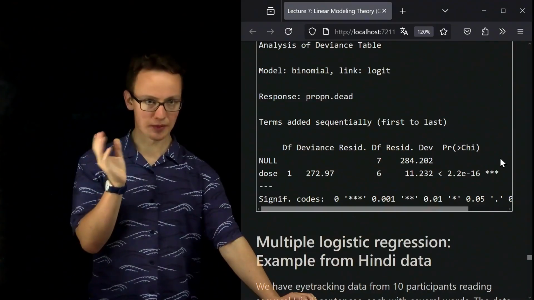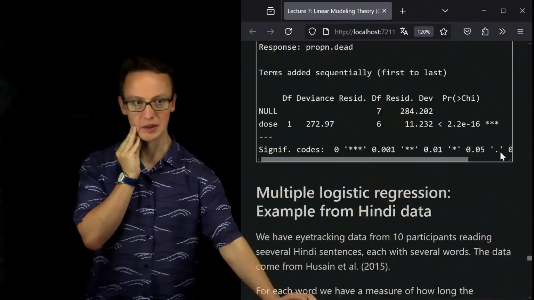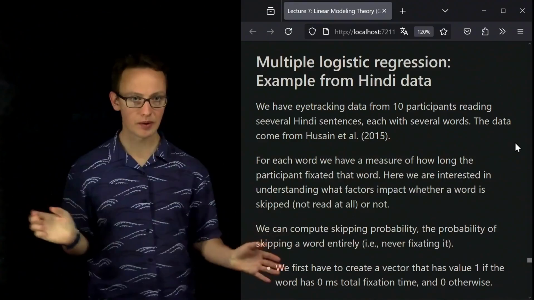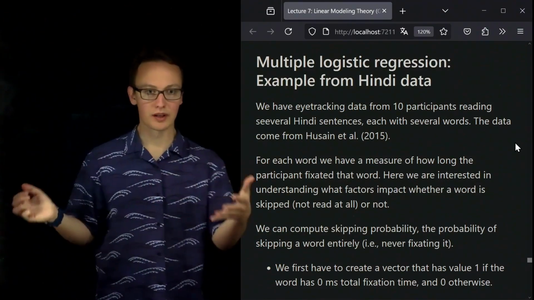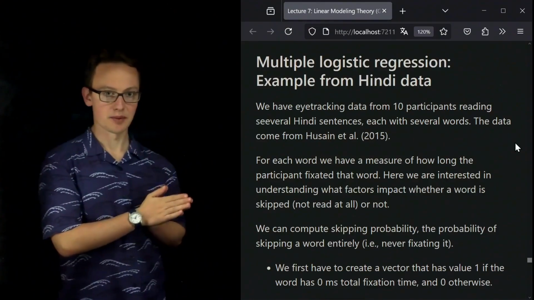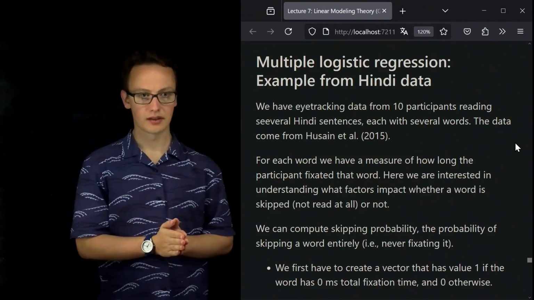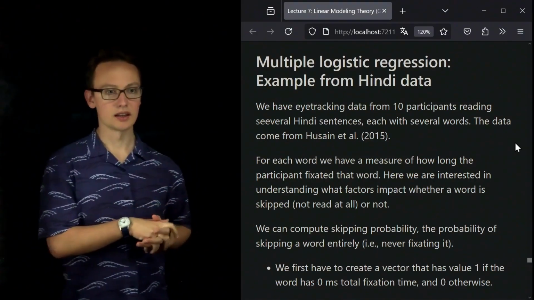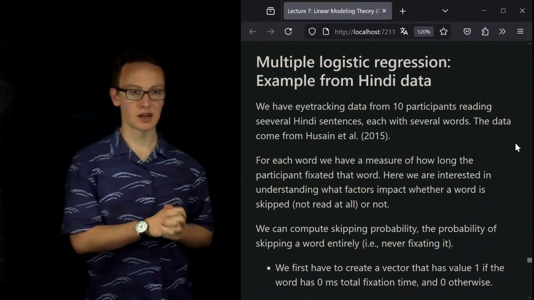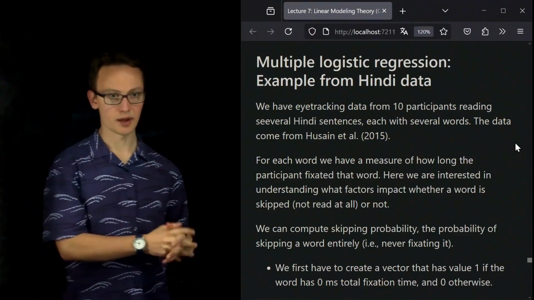Now, the last topic for today is multiple logistic regression. Just as for linear regression, where we can have more than one predictor, we can also have the same thing for logistic regression. And the example to illustrate this will be a data set from a psycholinguistic study on Hindi by Hussein and